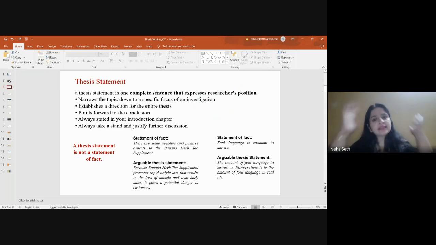Okay, studying the economic condition. It is a vague statement, a general statement. But when I'm talking about studying the economic condition, what are the macroeconomic factors that I will be studying? What will be my scope? What will be my focus? This has to be cleared by using this thesis statement.